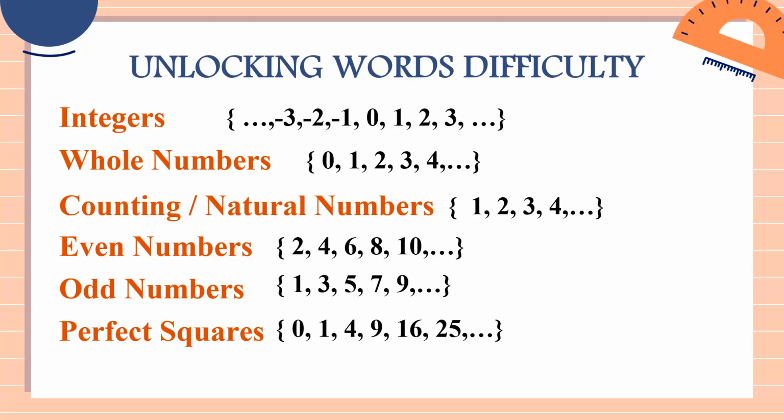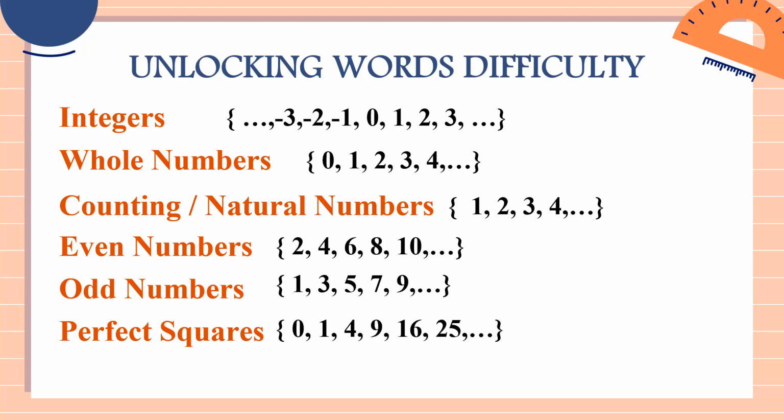Another example, 1. 1 is a perfect square because 1 times 1, that is 1. So the answer when you multiply 1 and 1 is called a perfect square. So 1 is a perfect square. Same with 4. 4, we call this number a perfect square because 2 times 2, when you multiply 2 by itself twice, okay, once again, when you multiply 2 by itself, you will get 4. So therefore, 4 is a perfect square.